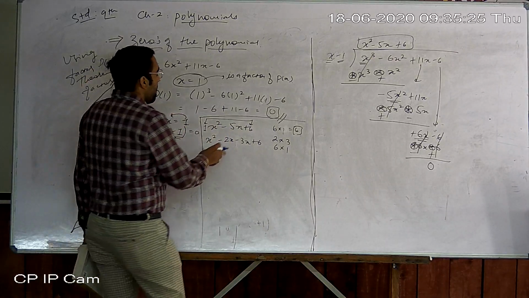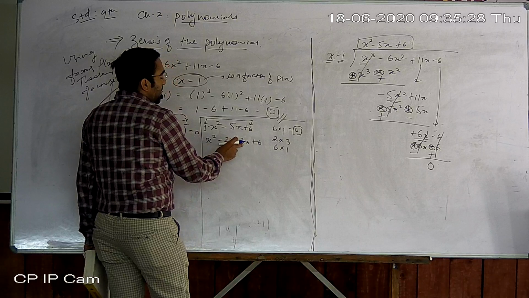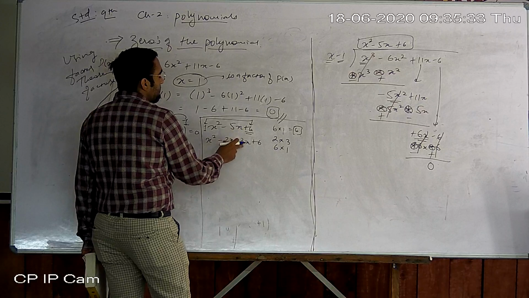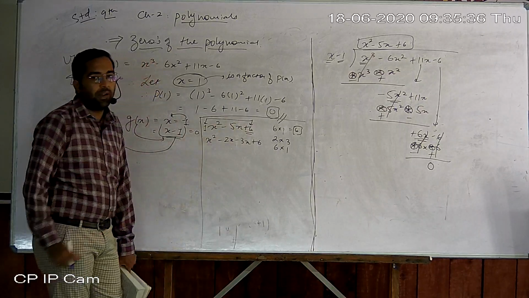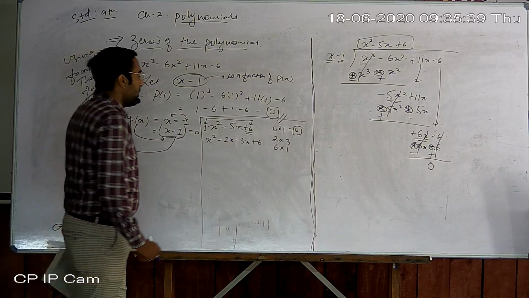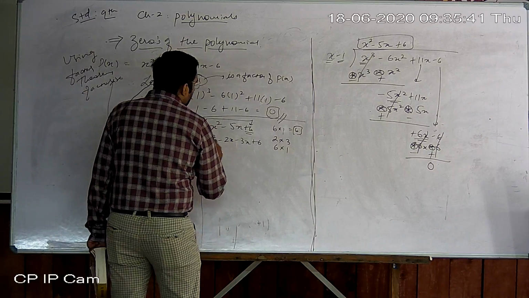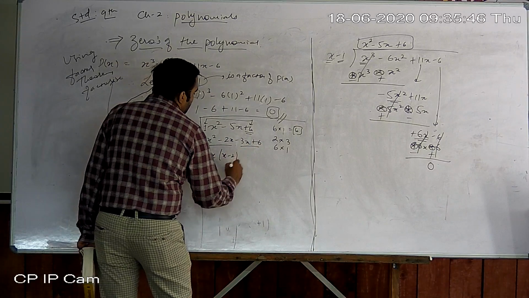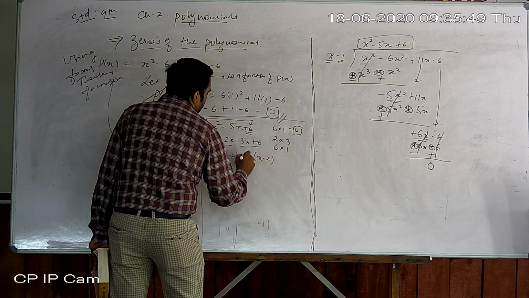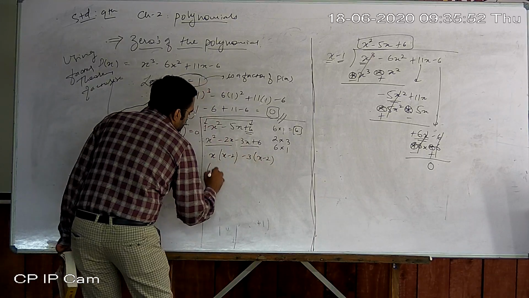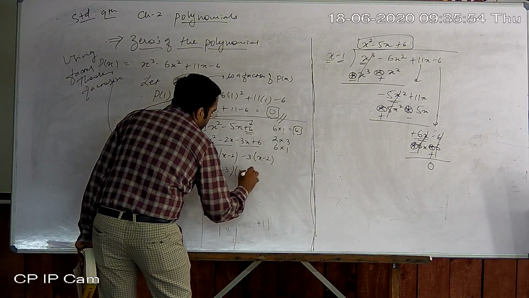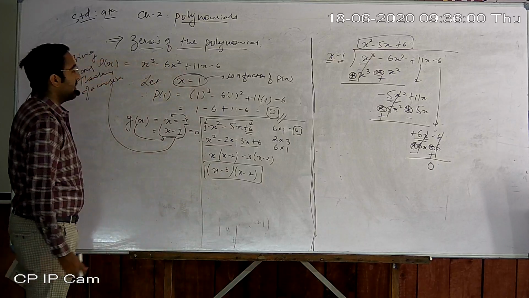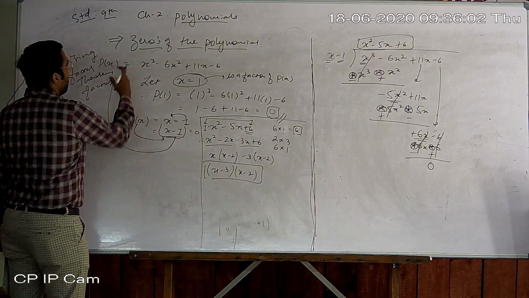And also minus 3 times minus 2 is plus 6, therefore plus 6. Here is a plus 6. Minus 3 times minus 2 is 6, therefore I'll take minus 2 and minus 3. Now split them into the first two and last two terms, take common factors from them and factorize. So my answer is x minus 3 and x minus 2. The remaining zeros are x minus 3 and x minus 2 for p of x.